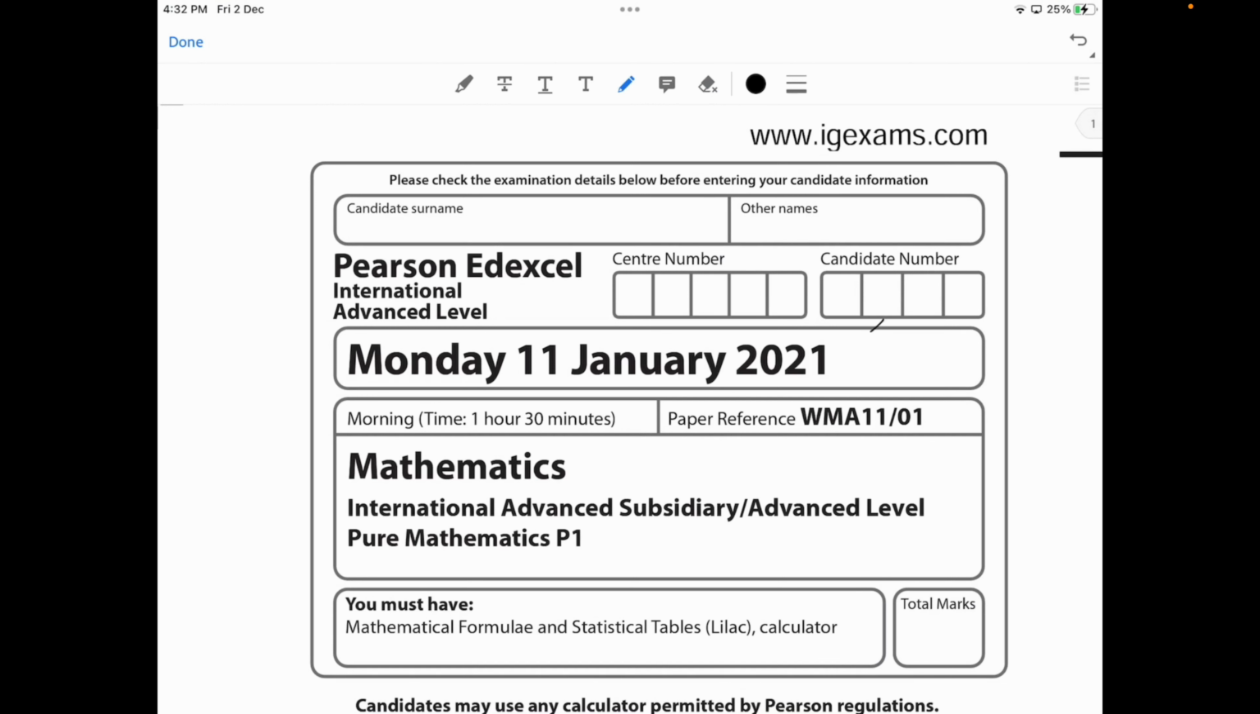for Monday, 11 January 2021 with the code WMA11/01. This is going to be a 1 hour 30 minutes paper. By the way, time codes will be in the description box below so that you can skip to any